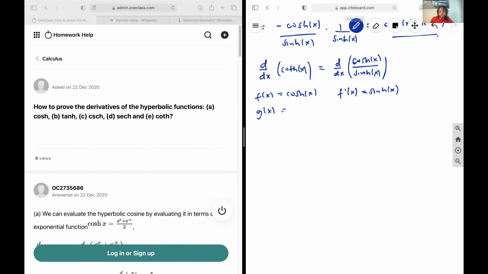Similarly, g of x is going to be the inverse for sine, and the derivative will be the inverse for cos. And then we just plug in all of those values and we get